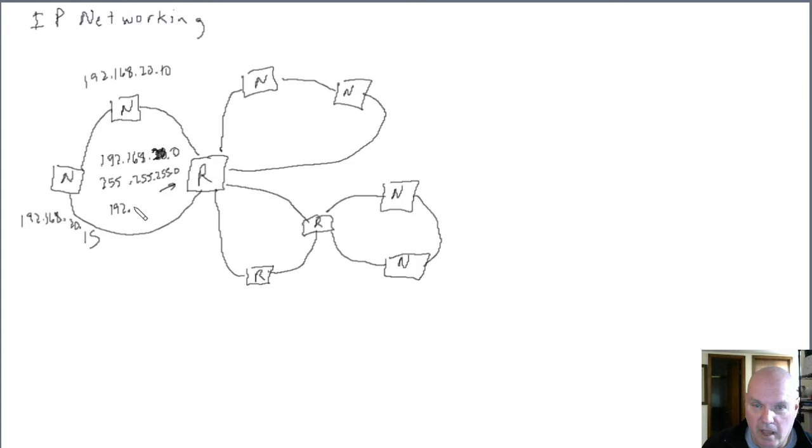The router would also have to have an IP address, and it would have to have an Ethernet card or a network adapter connected to each of the networks. In this case I show it connected to 3 different networks. It would have to have 3 different IP addresses, one on each of the networks, 3 different network adapters. So one on this, and then this network might be 192.168.30.0,